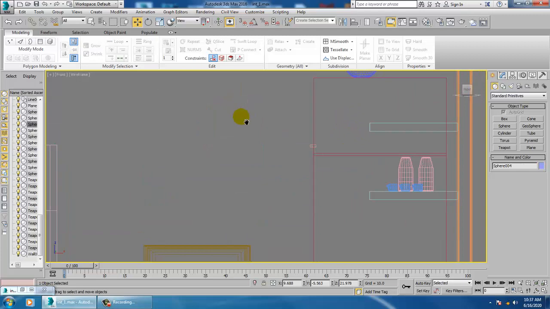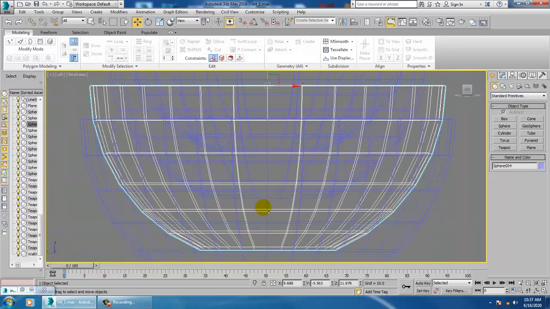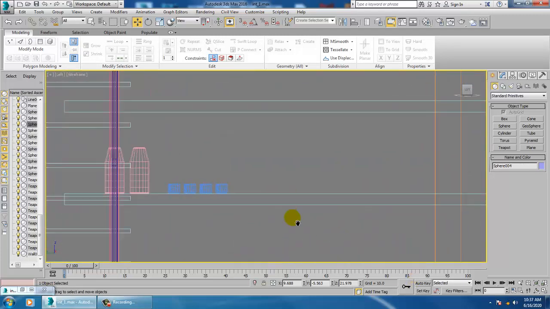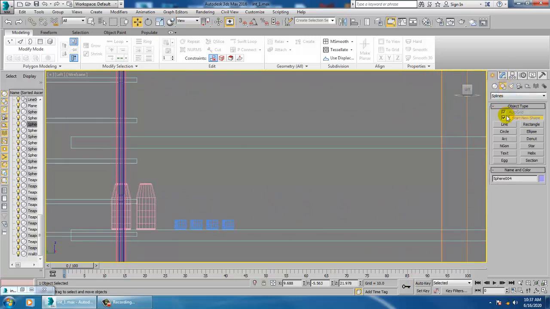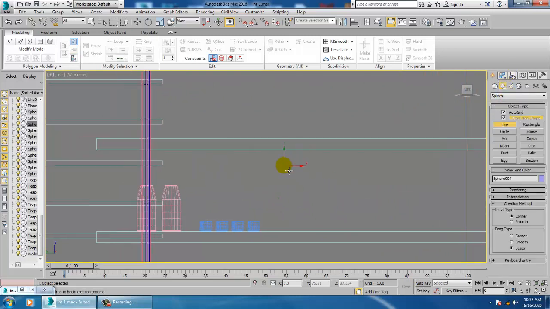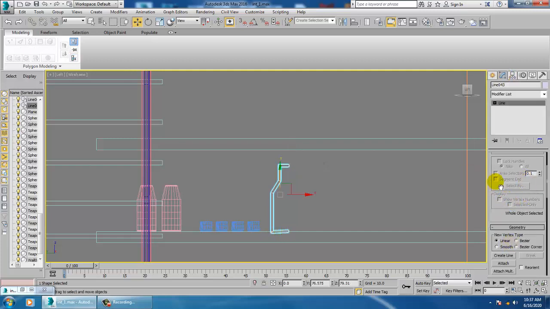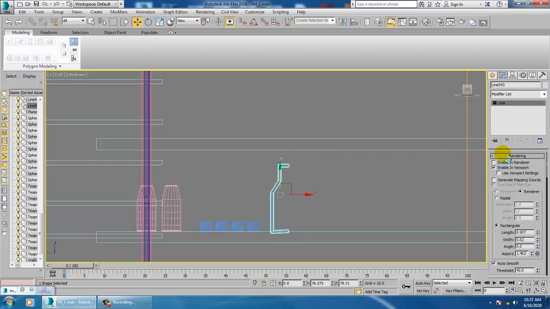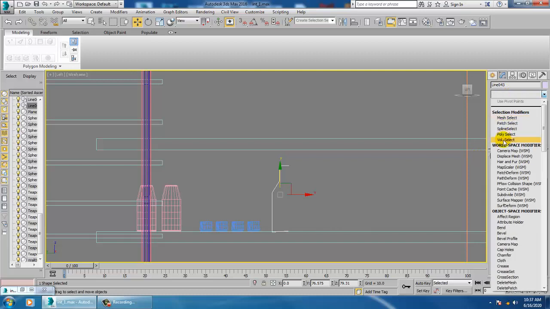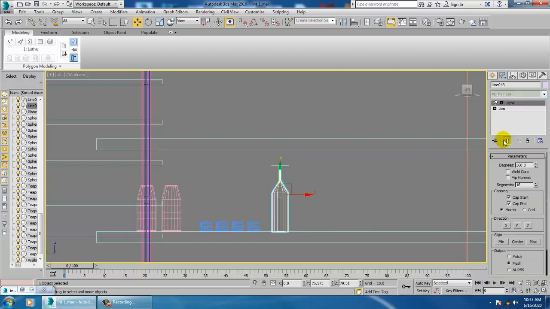For creation of these bottles, I'm going to go into the line tool and just take this. Turn off the enable in viewport option, save your file. Let's give a modifier called lathe and make it as max.